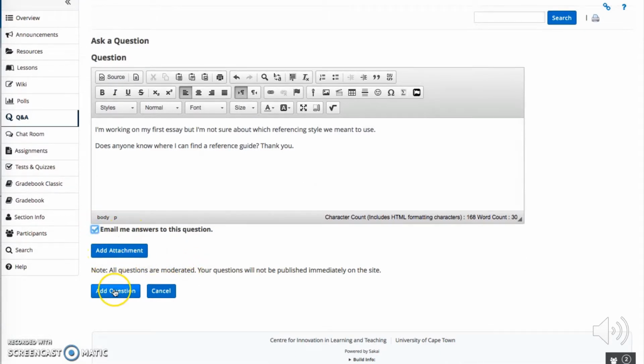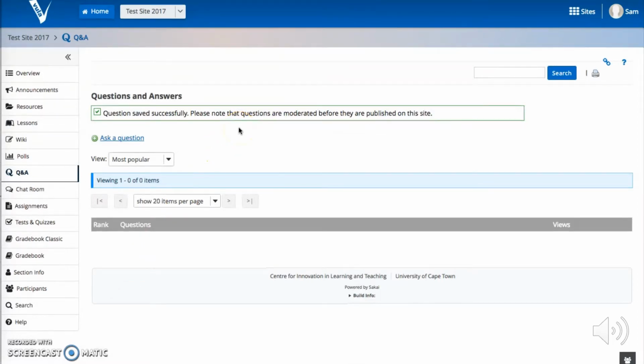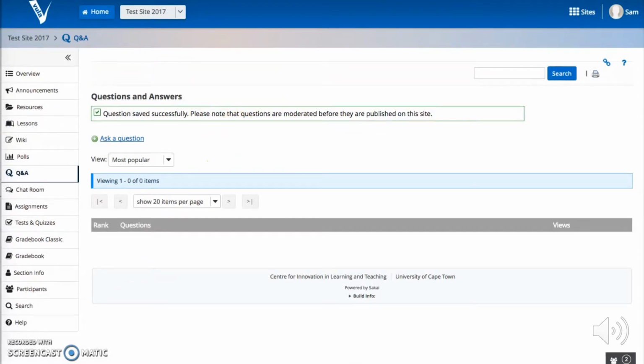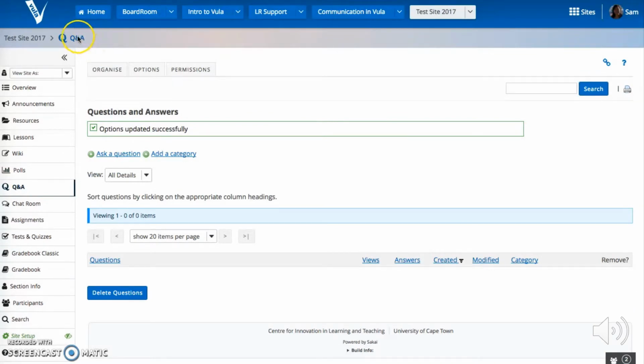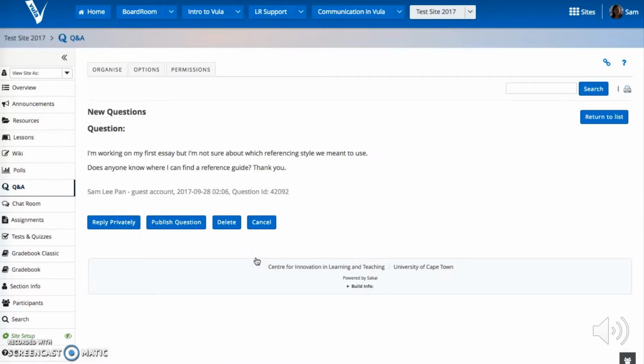So now I'm going through to the course site and I go through to the Q&A tool and I see there's an option to ask a question. So I ask a question and type up the question. In this case, it's about referencing. And once I'm happy with it,